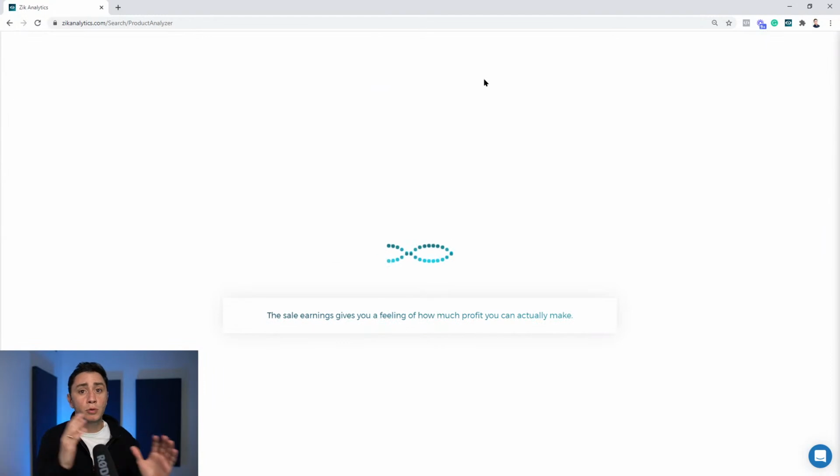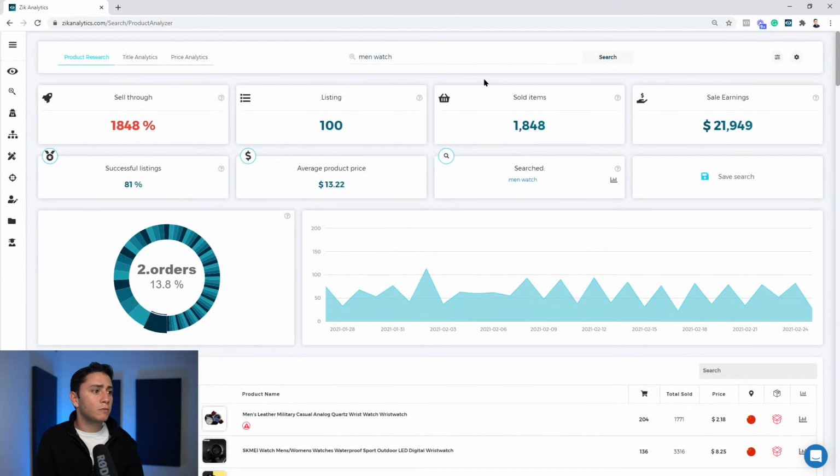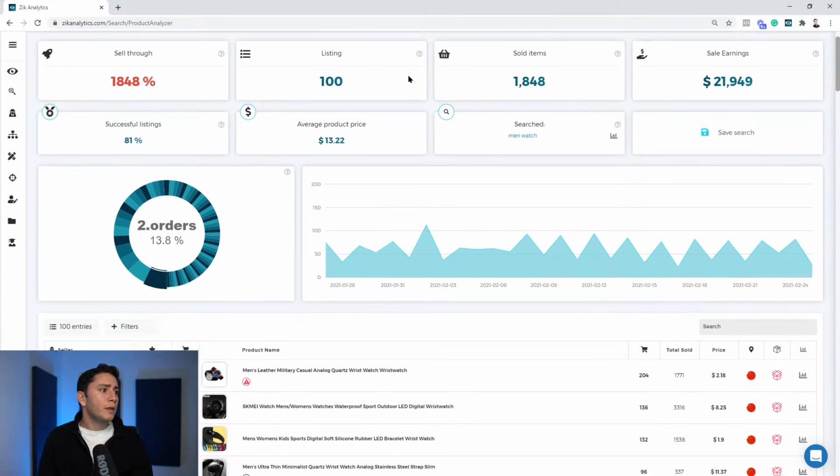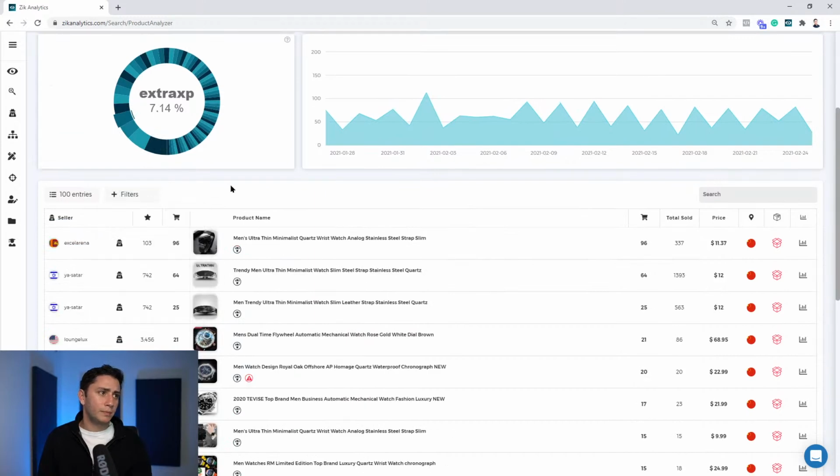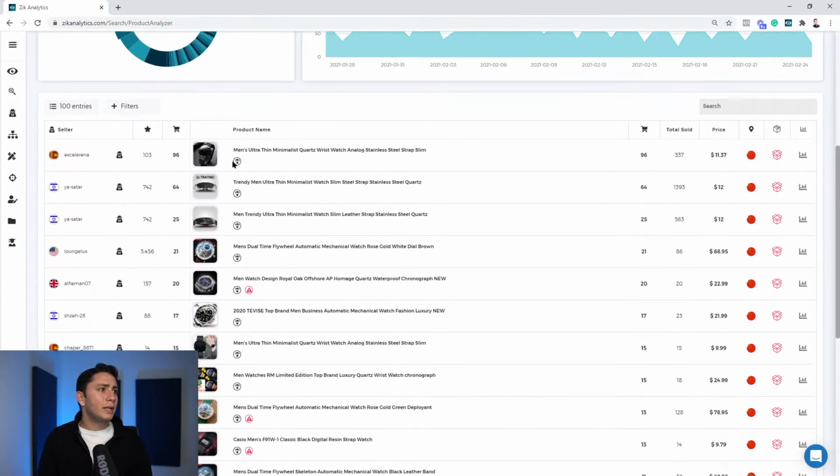Now, when it takes us to the product research results, we're going to focus on which seller we want to find, right? If you're a dropshipper, what you will do here is go to the filter, click the filter and click on dropshippers only. This will organize the list of your dropshippers, of your competitors, and all you will need to do is go and check them one by one. You will also be able to analyze them here. We'll discuss it in a second, but also just check them one by one, okay?